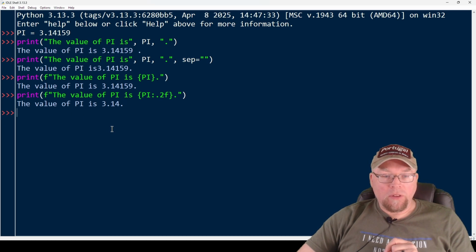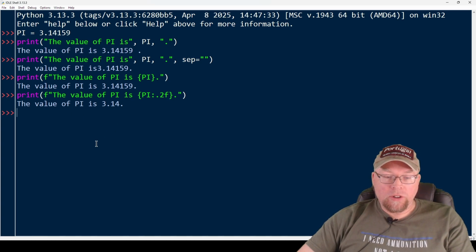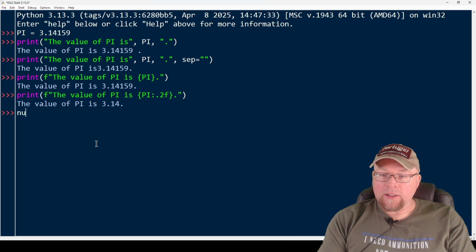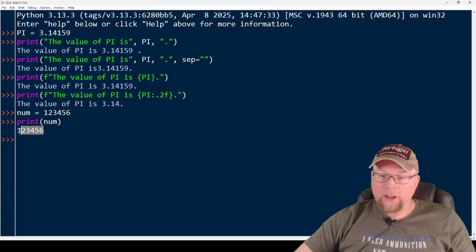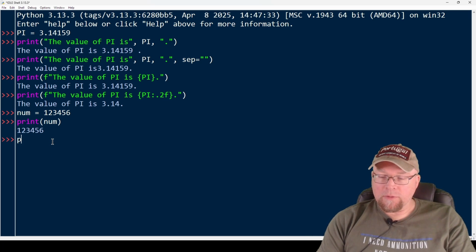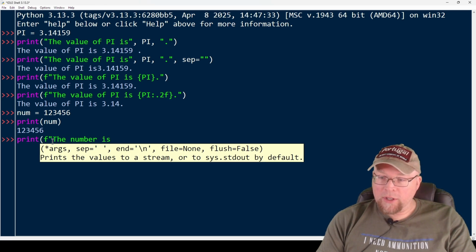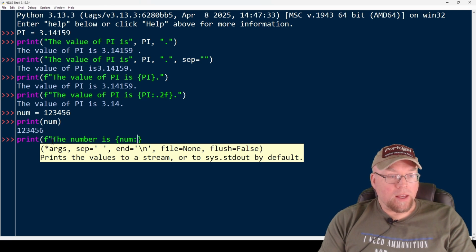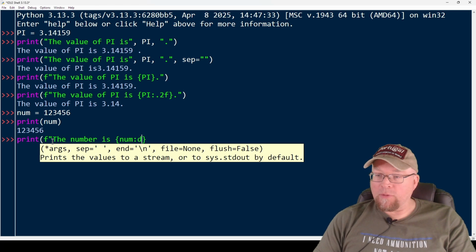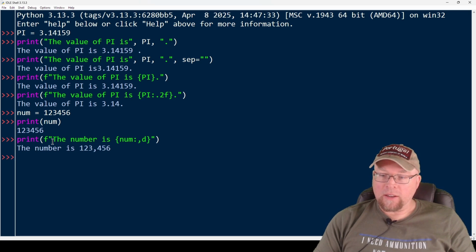Now, let's look at a couple of other options that we have. We might want to show commas in our number. So let's say that I had some number 123,456. Now, if I was to print that out, you can see here that we've got that 123456. There's no comma there. Now, if I want a comma, then I can use an f-string to do that. So I can say something like print f, the number is, and then I'll put the name of my variable, num, and then I'm going to put my colon just like before, and then I'm going to use d for decimal, and for the d, I'm going to put a comma there. All right, now let's close our string and then see what that looks like. So now you can see